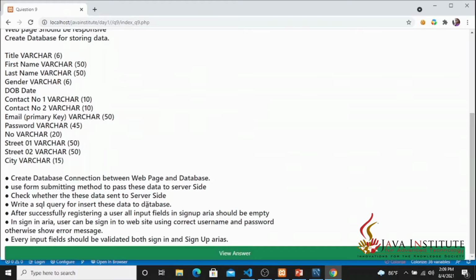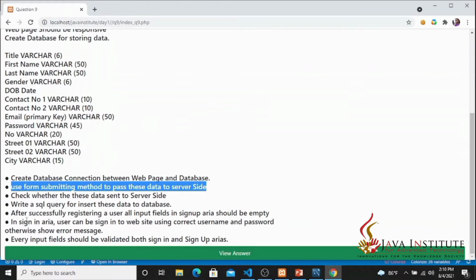So this is the task. I have to create the database connection between the web page and the database. Use the form submitting method to pass this data to the server side, so I have to use the form submitting method in the sign up process.